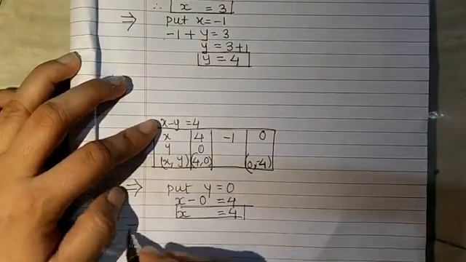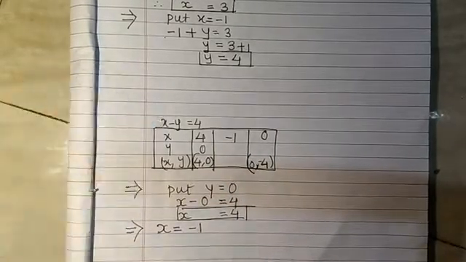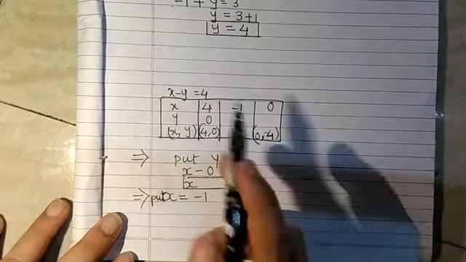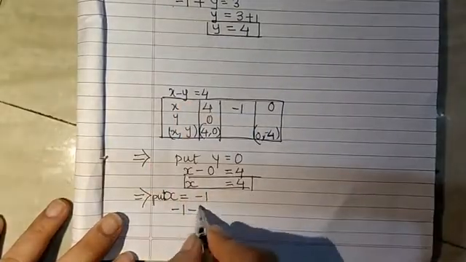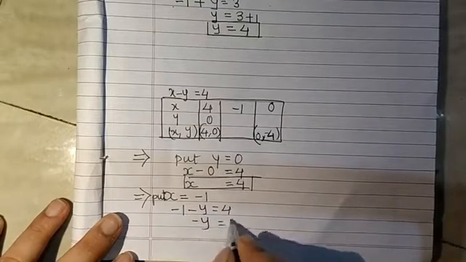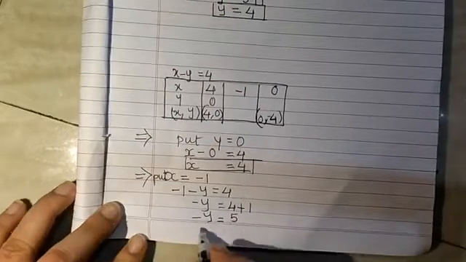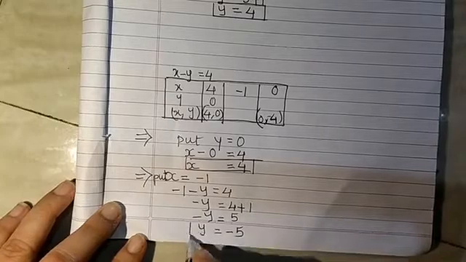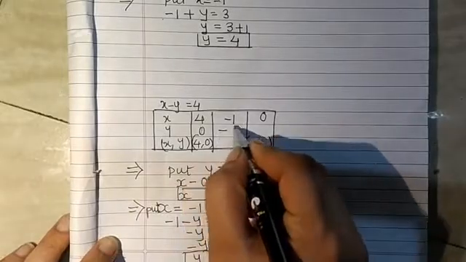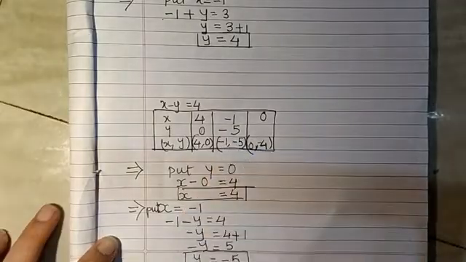Then in the similar manner, second one, which is -1. So I'll put x is equals to -1. So here I'll put x is equals to -1. So let's put it. x is equals to -1, minus y is equals to 4. So if you'll put it, -1 will become +1. This minus sign I'll shift on that side. Now it will become -5. So y is equals to -5 I got, and my point will be -1, -5.